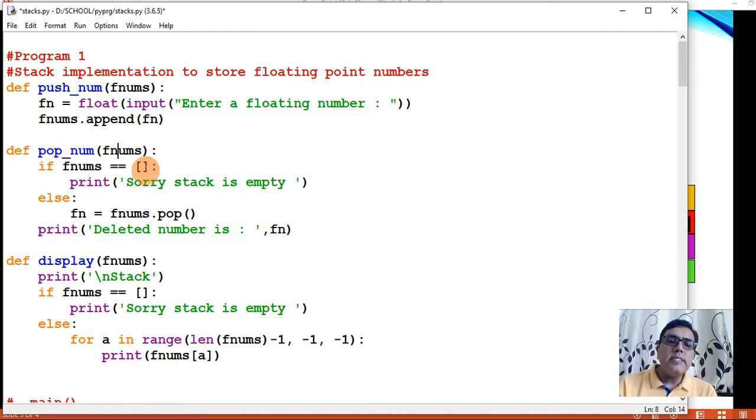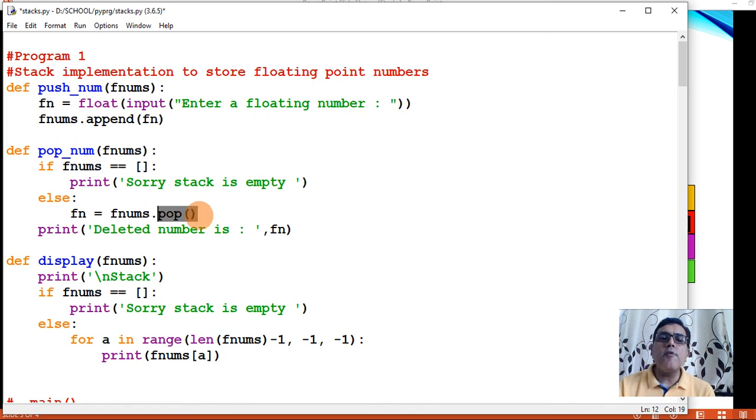So first of all you will check if fnums is equal to an empty list. If this stack is empty, you have to display this message, sorry, stack is empty. If the stack is not empty, it will go in the else part, and then fn is equal to fnums dot pop.